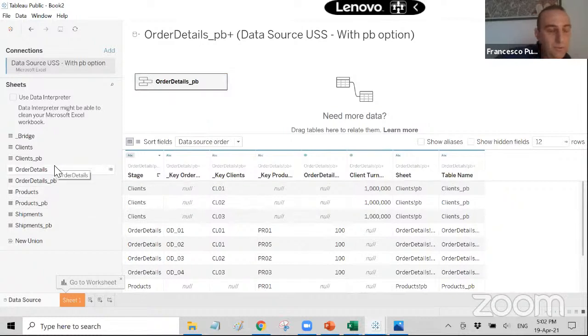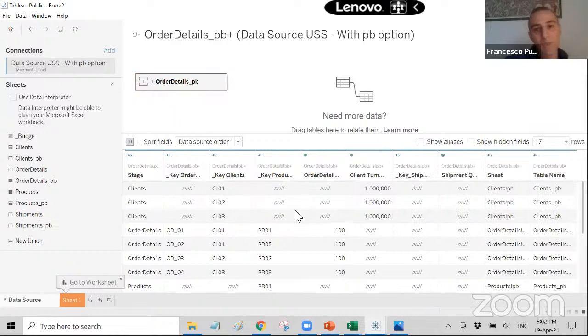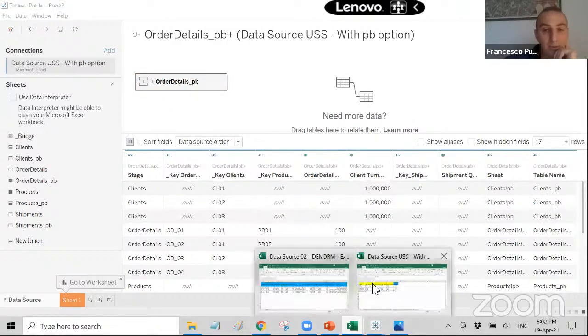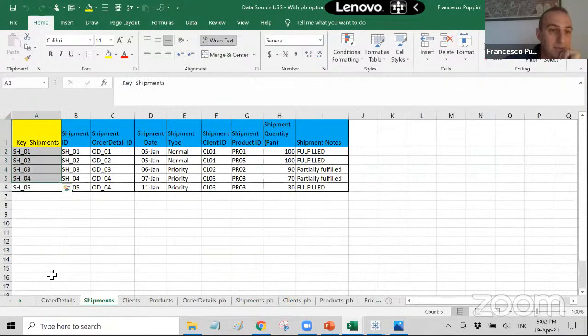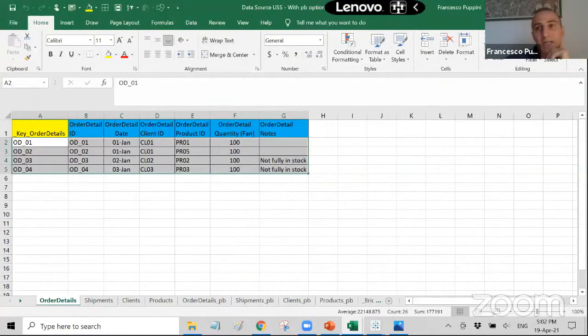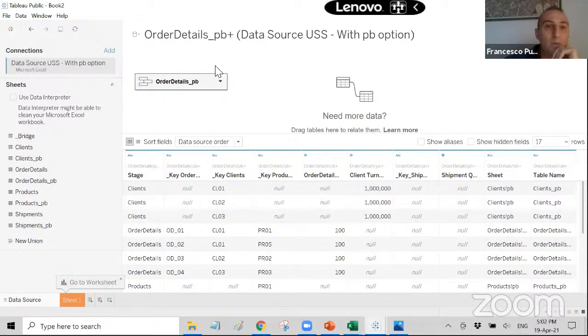But now, because I want to show you the full thing, I also put the stage of the shipments. So as you see, I drag it here and they automatically adjust. Why do they adjust? Because there is a naming convention. So Tableau by default is piling up the columns that have the same name. That's the whole point of having a naming convention. So now basically I have manually built a Puppini bridge with 4 stages.